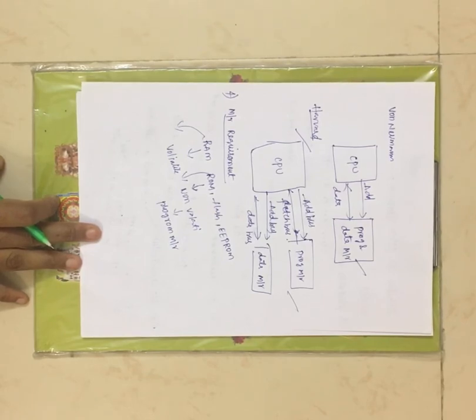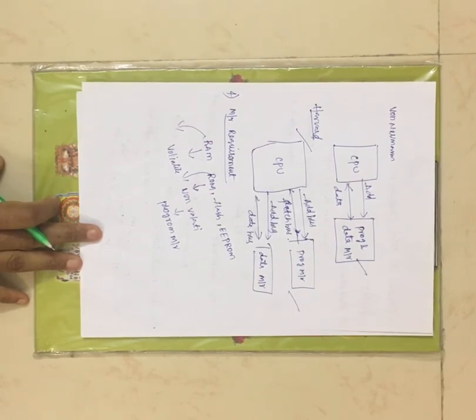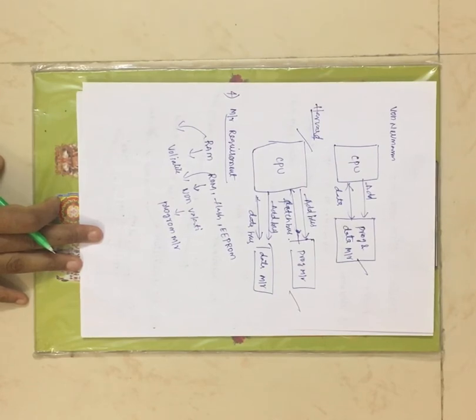Now coming to the Harvard architecture, those are stored independently. Now the disadvantage of Von Neumann architecture is you can't fetch the instruction and the data at a time, because there you have only one bus, right? Coming to the Harvard architecture, since those are stored independently, you have address bus individually, and fetch bus also you have individually, and data bus also you have individually. Now the advantage of Harvard architecture is you can fetch the program, nothing but instruction, and the data at a time.